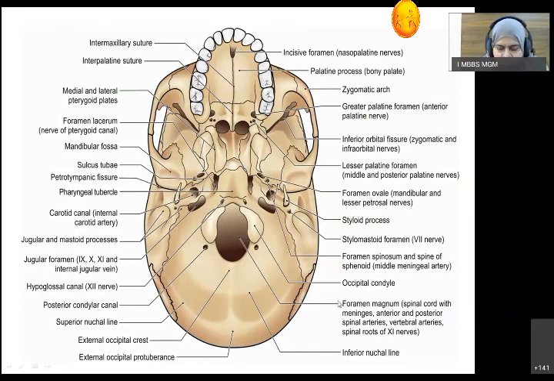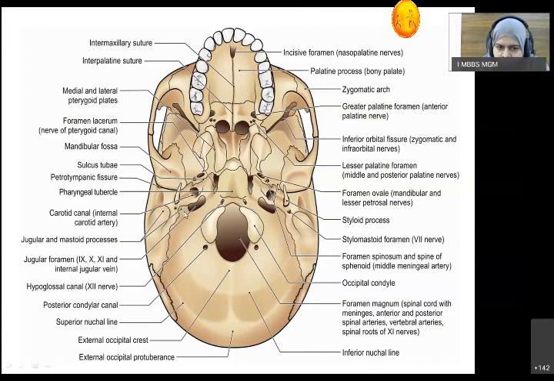Here, this is the picture which is showing a few of the foramina and the structures passing through them. You see from the posterior aspect, this is the foramen magnum. It gives passage to the lower end of the medulla oblongata, which continues as the spinal cord, with meninges, anterior and posterior spinal arteries, vertebral artery, and spinal root of the accessory nerve. Then the occipital condyle. This is the hypoglossal canal for the passage of the hypoglossal nerve. This is the posterior condylar canal, which gives passage to emissary veins. This is the jugular foramen for the passage of the 9th, 10th, 11th cranial nerves and the internal jugular vein.